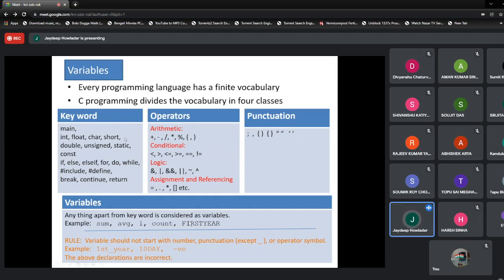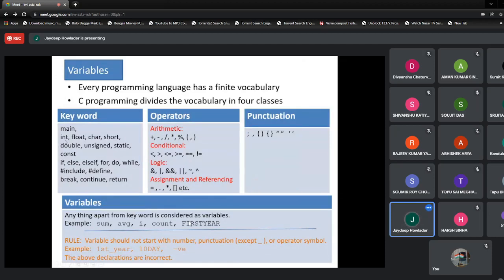These are the keywords which have some specific meaning. Like if we write a C program, you define the initial block as the main block. Whenever I write main, the C compiler understands that we are telling something special to the compiler.